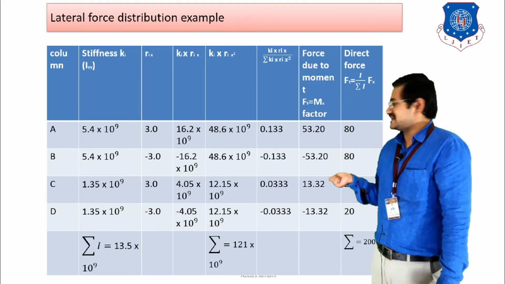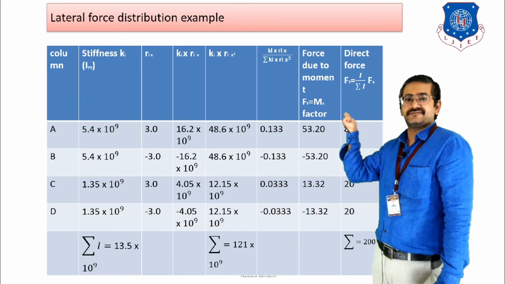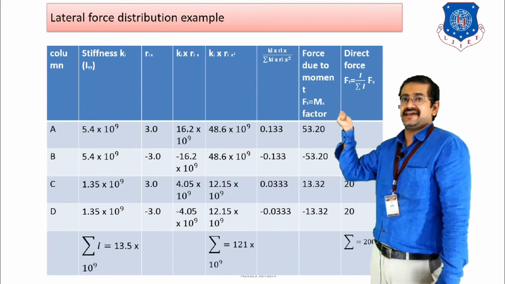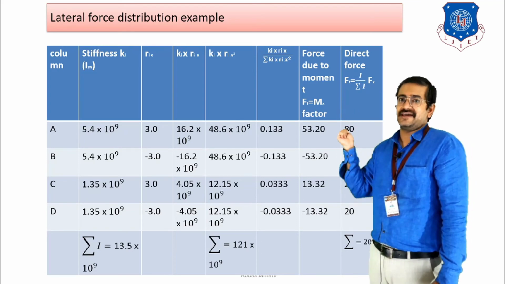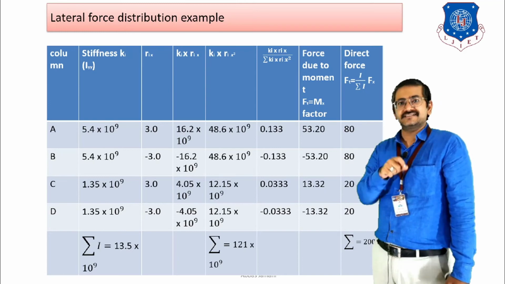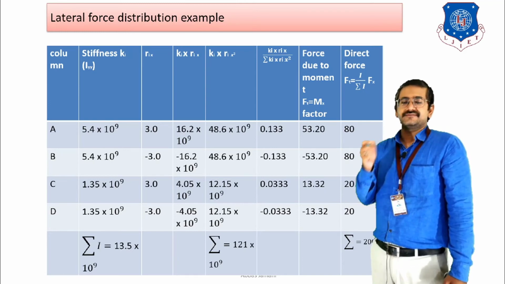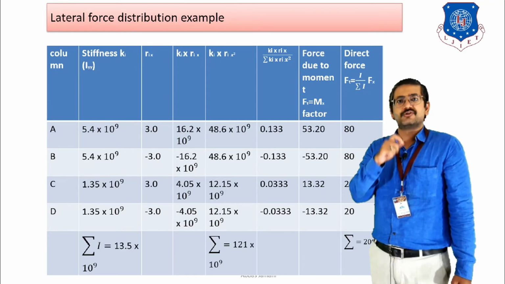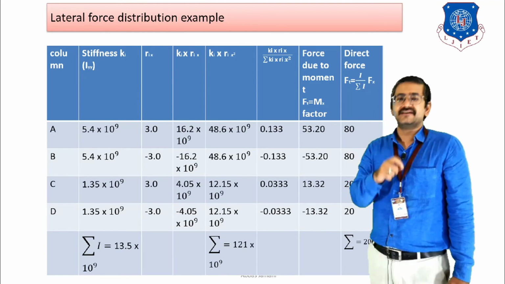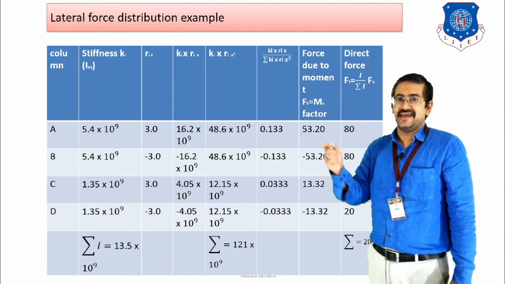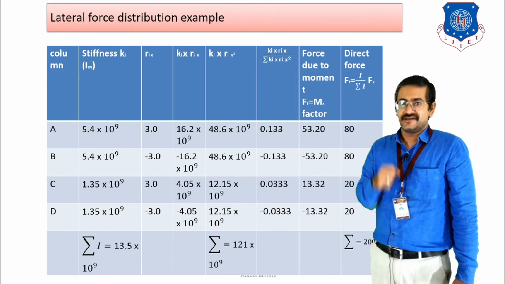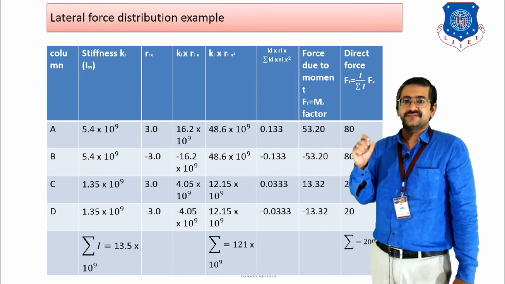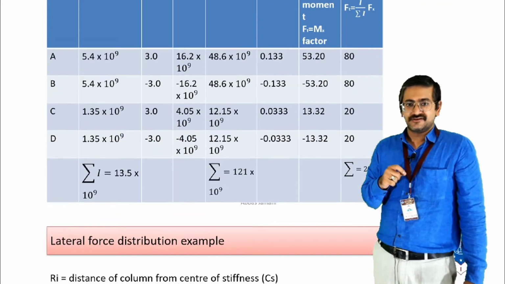And once that summation is done, then you can calculate the fifth column that is shown over here, that is Ki Rix divided by sigma Ki into Rix square. And once that is done, then you can calculate the forces for two different types. First is the force due to moment, which is given by Ft, and second is the force that is known as the direct force, which is known as Fd, right? So what is the formula for Ft and what is the formula for Fd? So let us look at that.